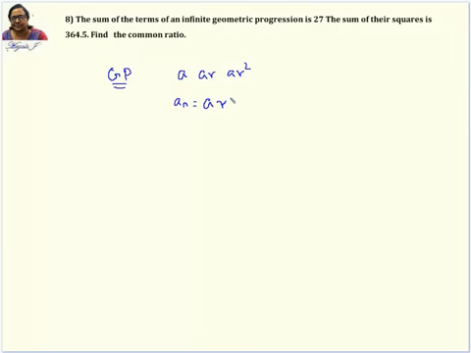AR power n minus 1. Now you just said, this is the first term, this is the second term, this is the third term. All that you said is good, correct. Now a_n equal to, I just want to formulate the formula I have to generate. So here, a r to the power n minus 1, because the first term we are taking is only a. And what is r here?